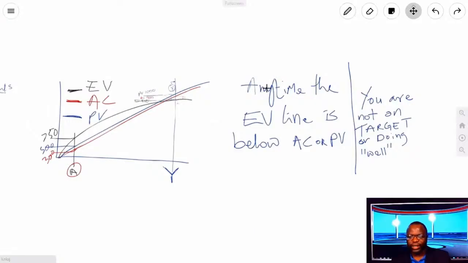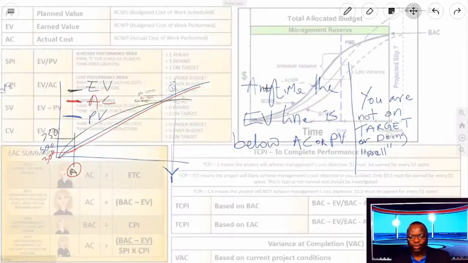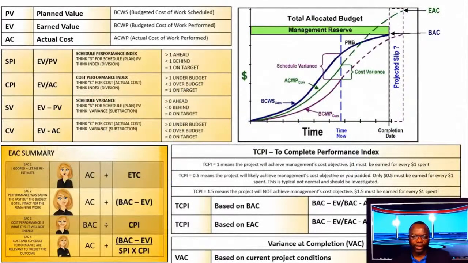So let us progress a little bit further. And we're going deeper here. We're going into the dark zone. This is where people get lost. We don't want anyone to get lost. So again, I am going deliberately slow to make sure that people do not get lost. So let us go back to our PowerPoint here, just to make sure that we are familiar with all of these terms.